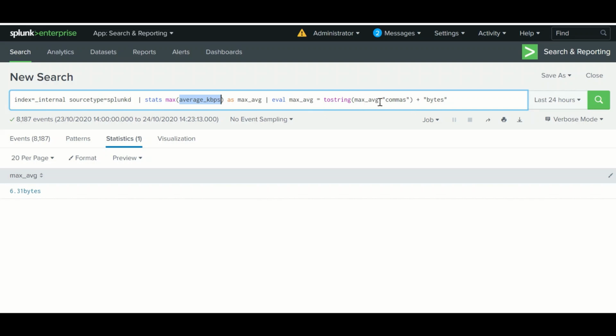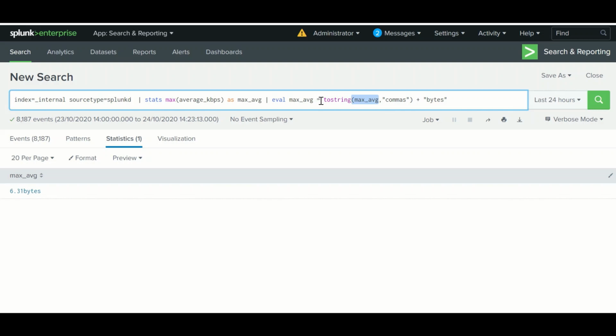Here, as it's in bytes, you can apply a formula to convert it into megabyte, gigabyte, or anything else. This will help you make meaningful information out of your data.